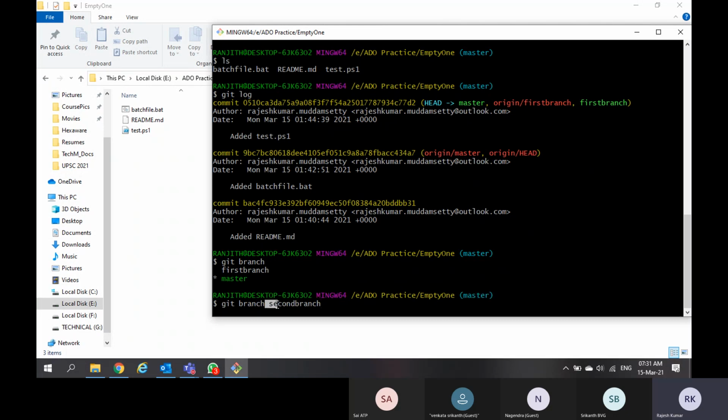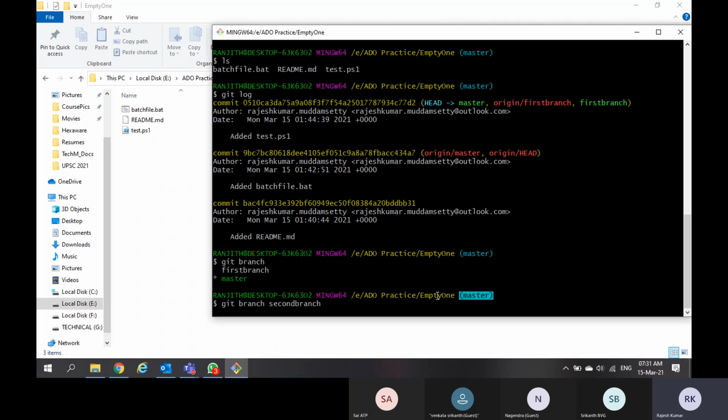This means the second branch will get all the files that are in the master branch. When you create a new branch by executing the command from another branch, the new branch will get all the files of whichever branch you are in right now.